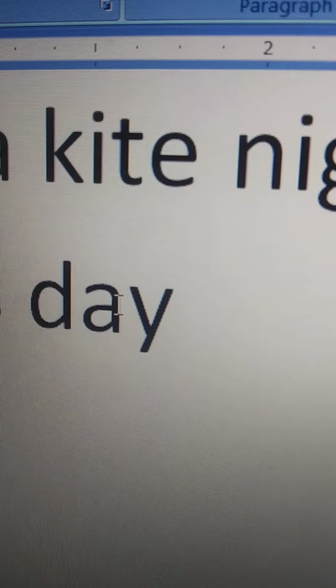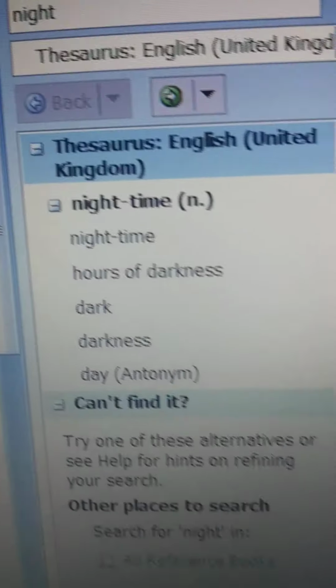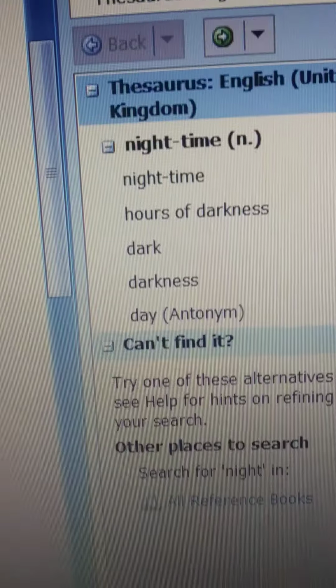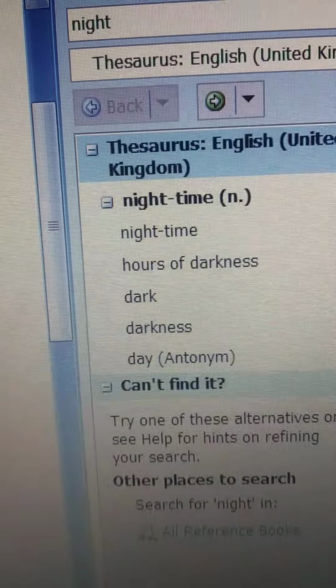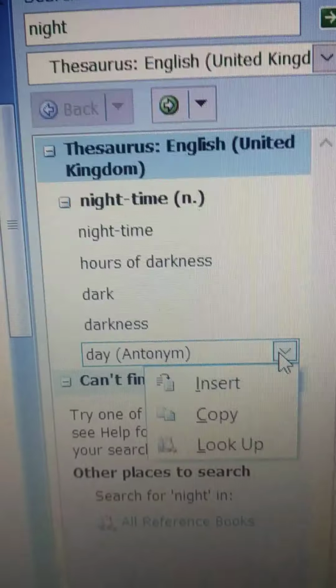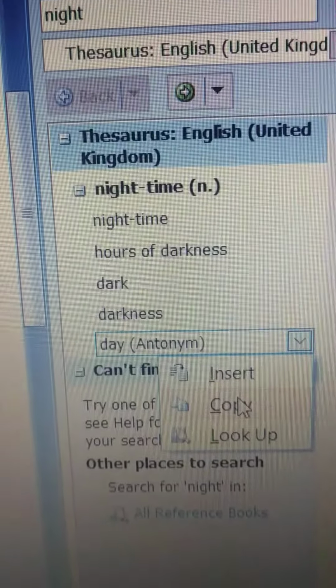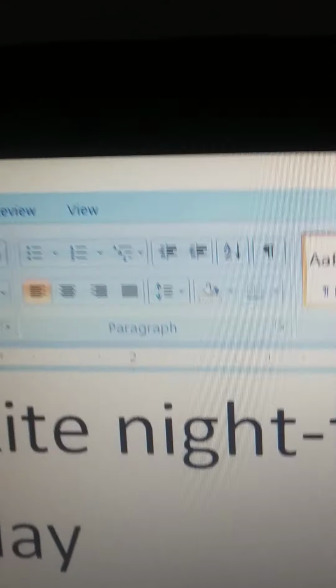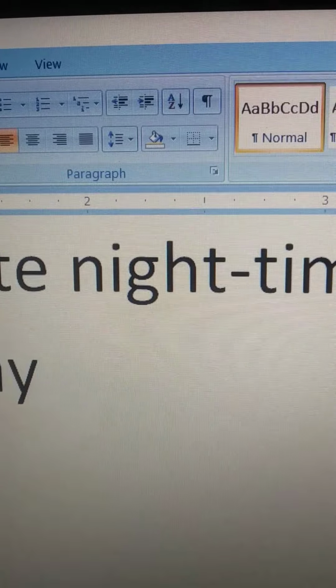Suppose you want it in a different place, then copy this word and put the cursor at your desired place.